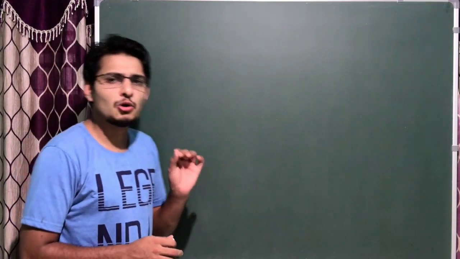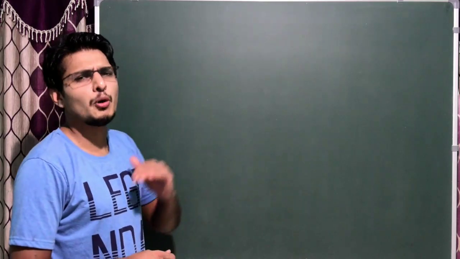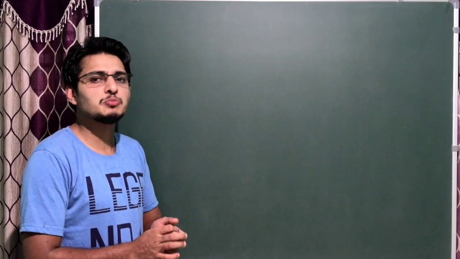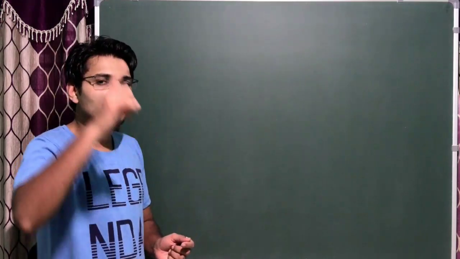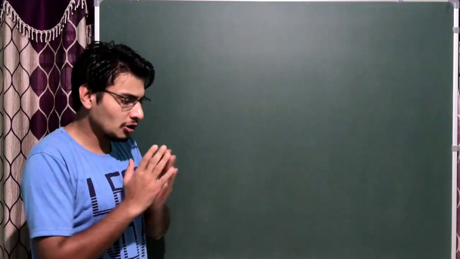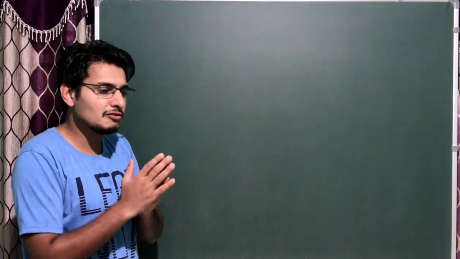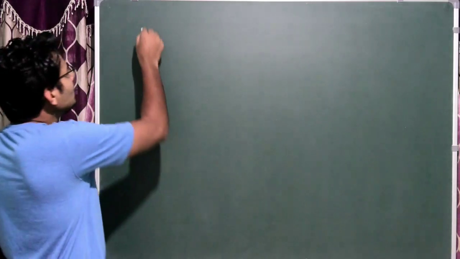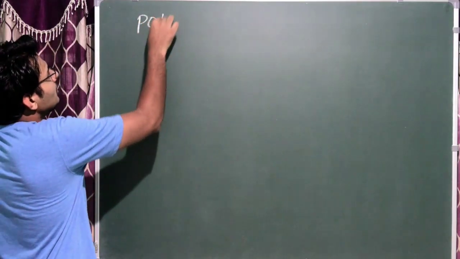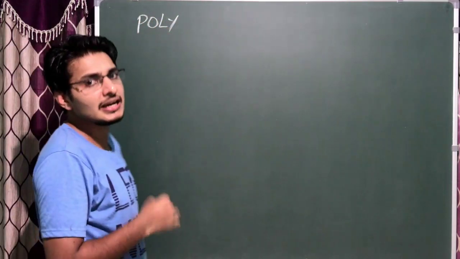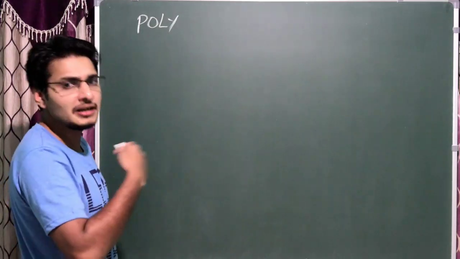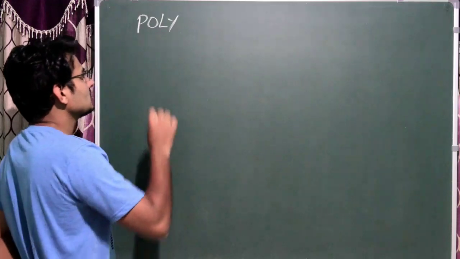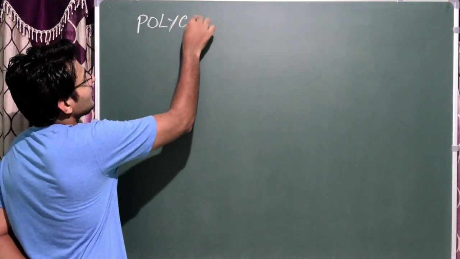Okay, so first we'll go with the polygenic inheritance. You know that polygenic means poly means many genes are responsible for the development of one particular character. Okay, or we can say that many genes are responsible for the expression of one character. So we write polygenic inheritance. It is also a type of intergenic interaction. Got it? So between two different genes present in different chromosomes, not on homologous chromosome. That's it. Okay, polygenic inheritance.